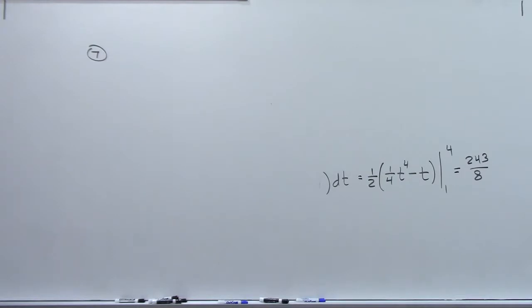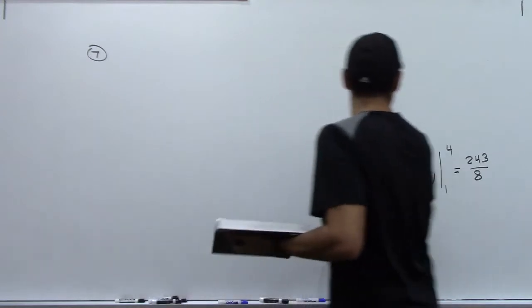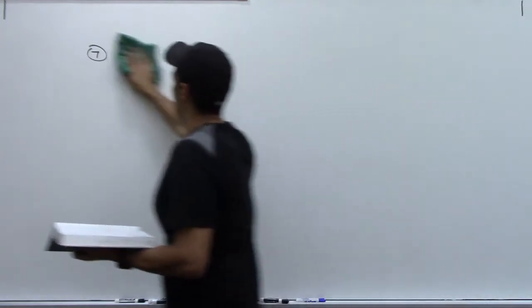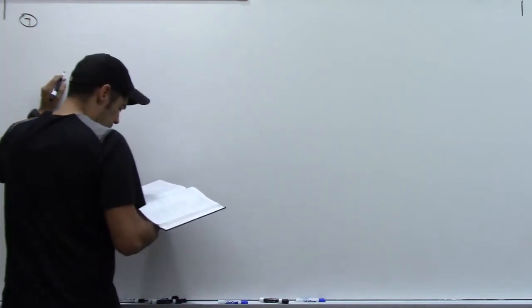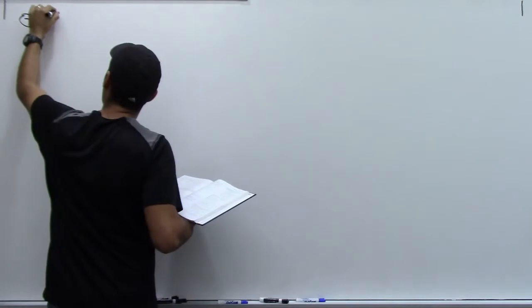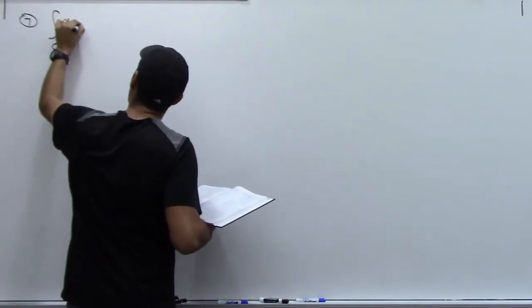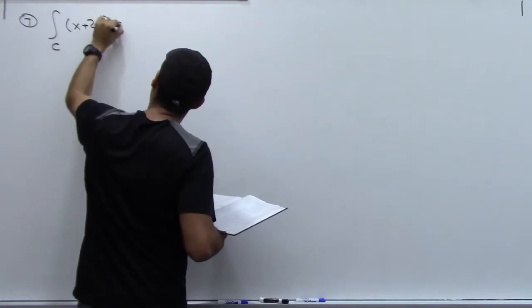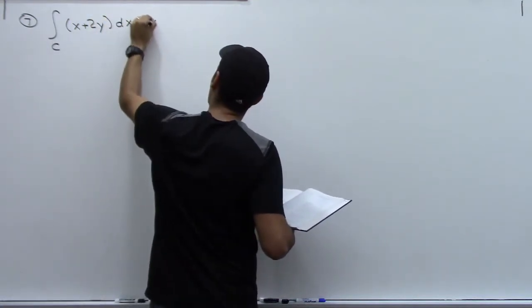I guess I'll do 7. So for 7, I have the line integral over C of (x plus 2y) dx plus x squared dy,